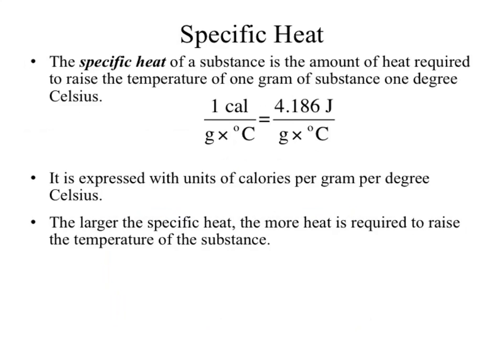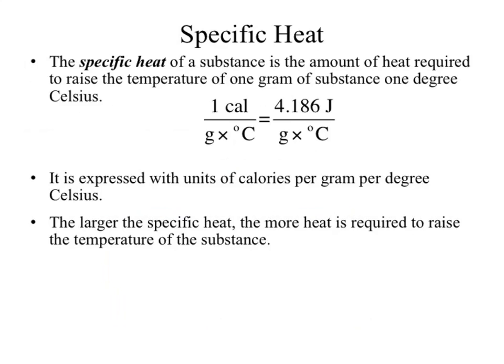Specific heat. So specific heat is now looking at a very interesting property of an individual material. What it's going to refer to is the amount of heat or our energy necessary to cause 1 gram of that substance to go up by 1 degree Celsius. So it's kind of a similar idea as density, where we're relating the mass of a substance to its volume that it occupies. Except here we're now looking at how the heat is related to that substance. Okay, so you end up with this relationship, or that energy per gram degree Celsius. Depending on which energy unit you choose, your number changes.